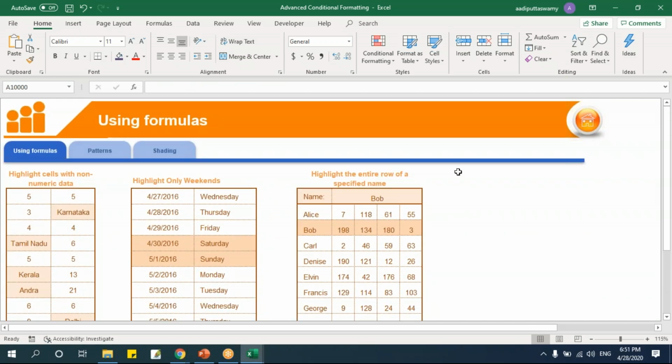Okay, so this is all what we have for today's session. So we learned about number formatting and conditional formatting. Number formatting means formatting the values inside the cell based on the options what I need to format. Conditional formatting means formatting the cell based on the conditions. Okay.